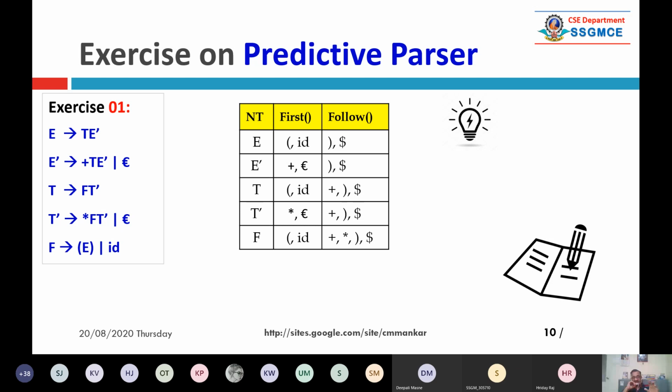Once we have the first set and follow set, the best way is to directly map the production rules to the respective terminals. For example, in first there is an opening bracket and ID, and E gives you the production rule E to TE dash, so you have to map that. You should write it in your copy or take a screenshot, but today we just want to cover some points, so I will go a little ahead.